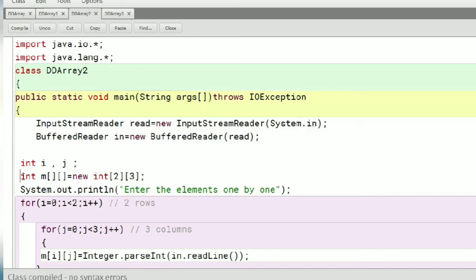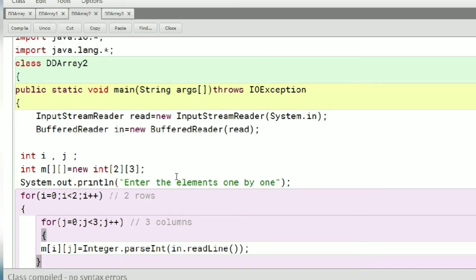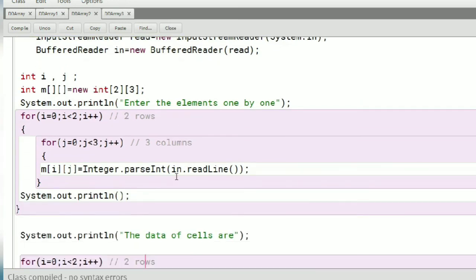Here, int m, and that 2 means the number of rows, that is 2 rows and 3 columns. Here I have to ask the user to enter the elements one by one.